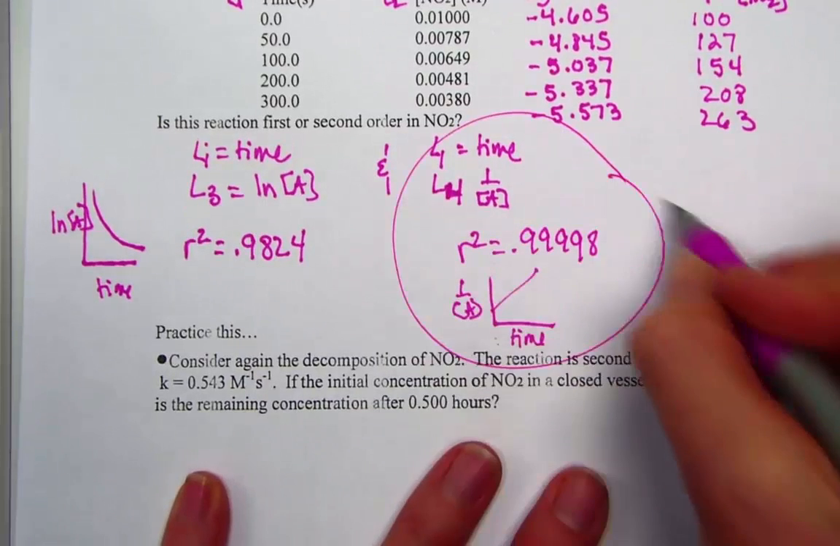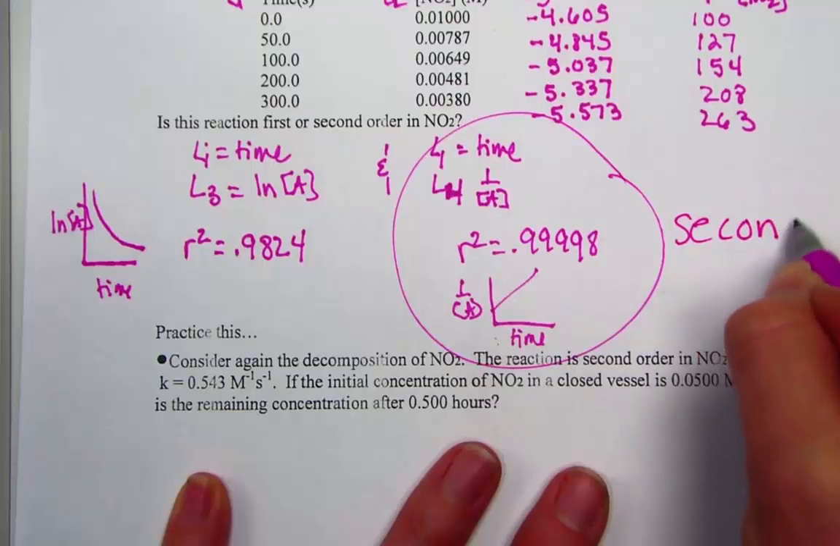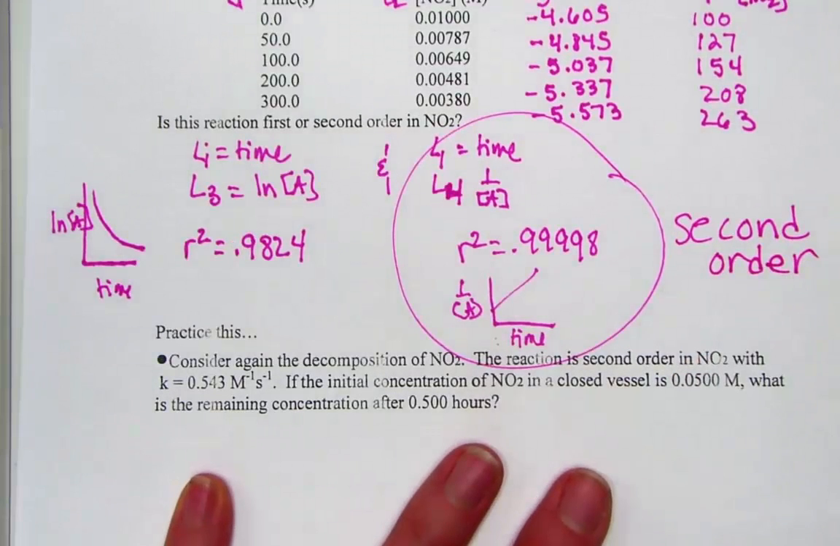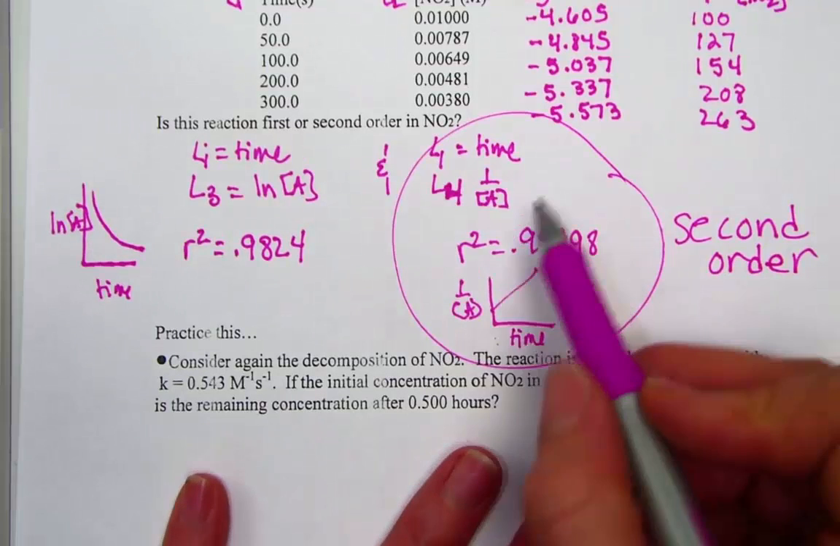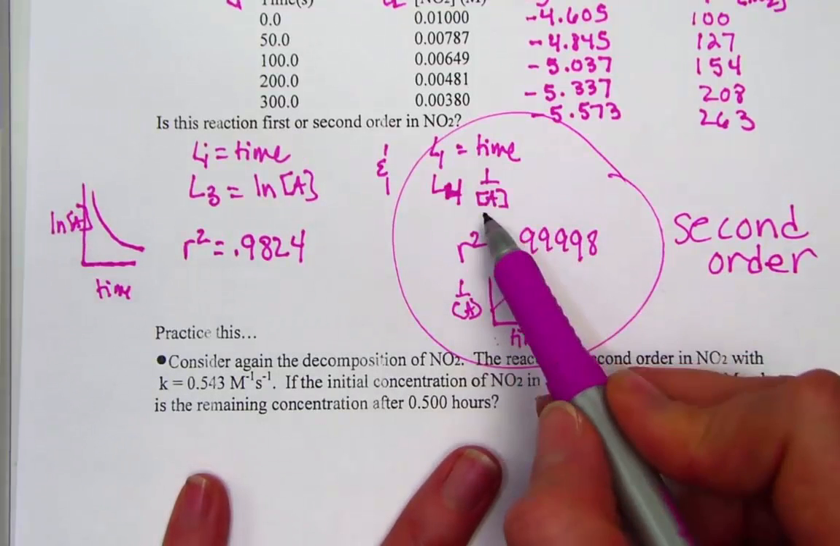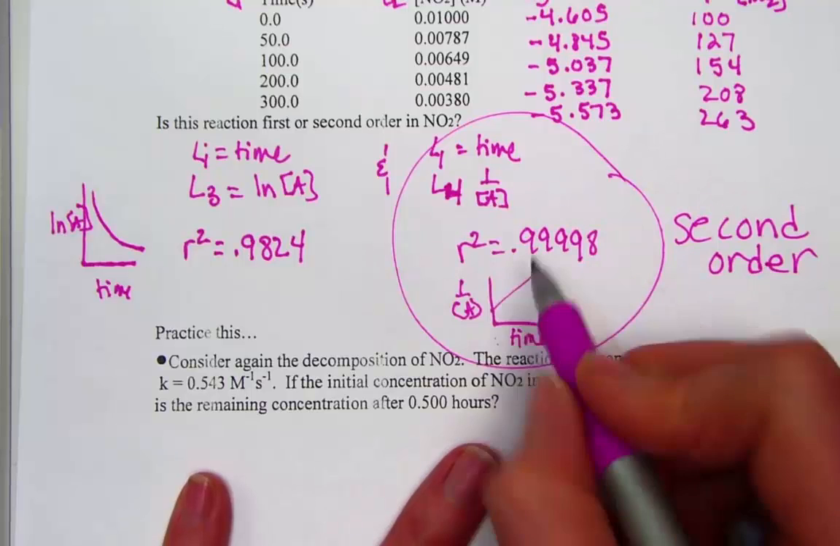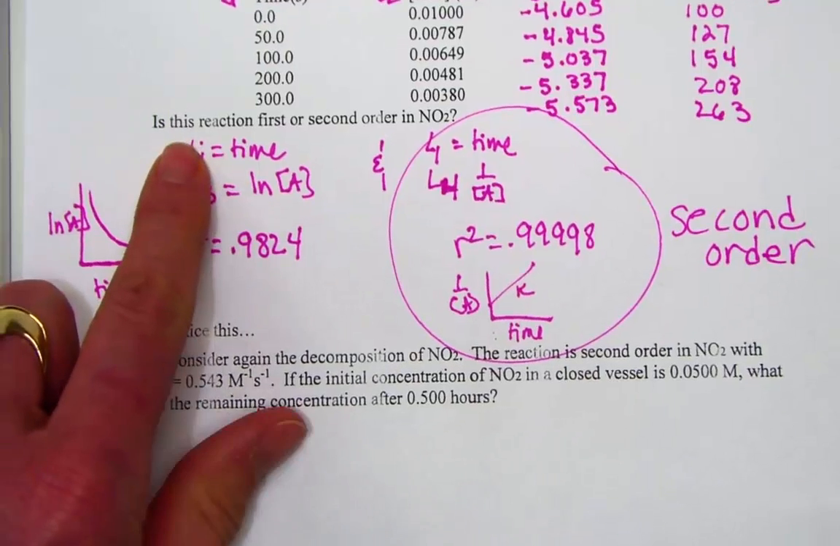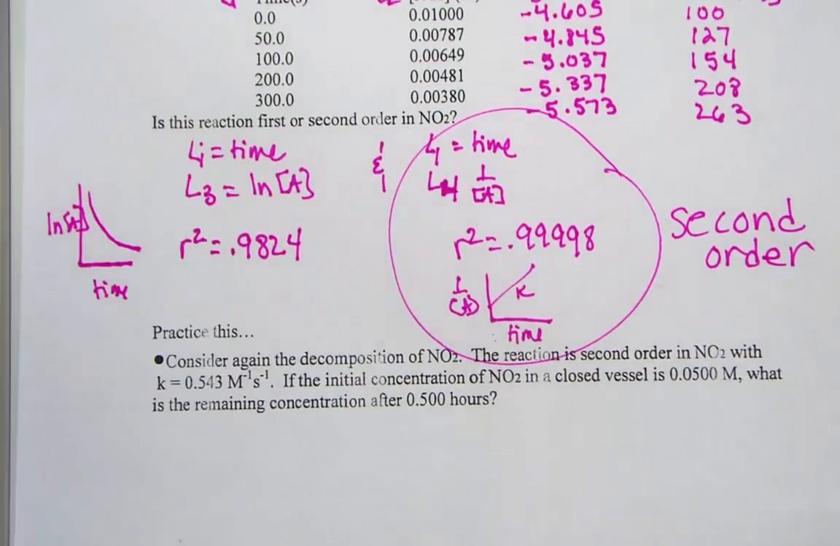This is definitely showing a better correlation to a second order reaction. This set of data shows a straight line with list 1 in time, list 4 is reciprocal. Therefore, we know that the best choice is first order. Excuse me, second order. I circled the wrong answer. Second order. So,